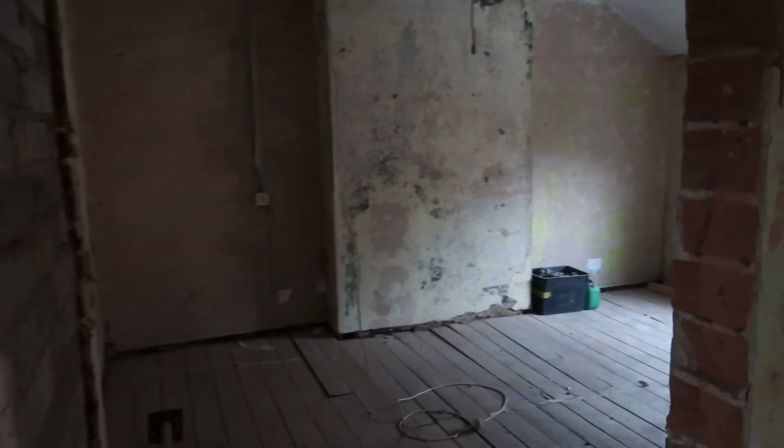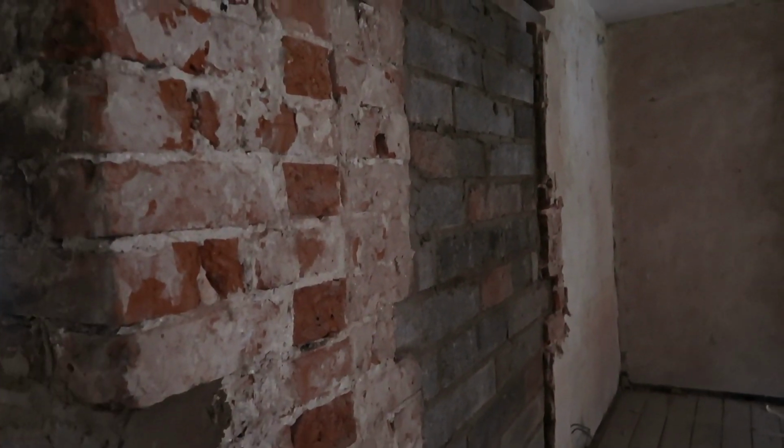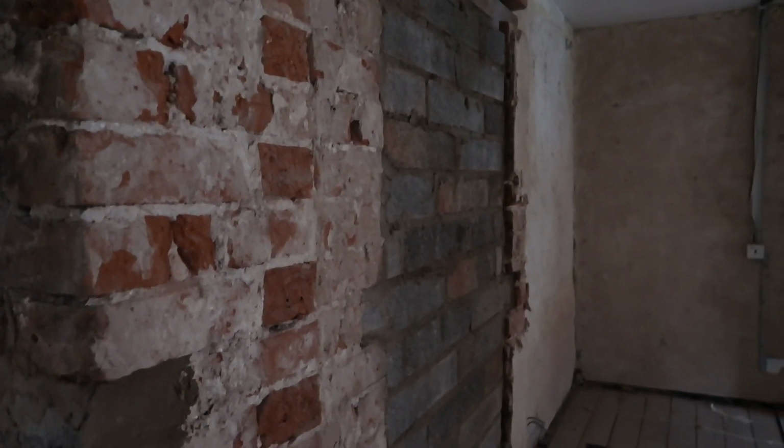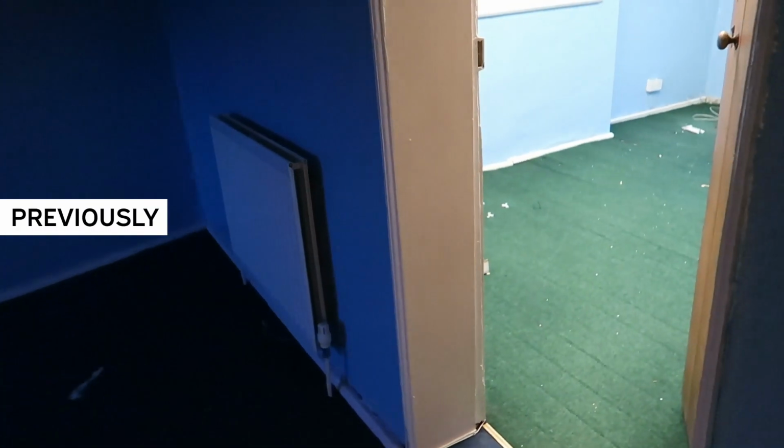Alright. So this bedroom here used to only be able to be accessed through this bedroom, so obviously we've had to block up the opening here. I'll make sure I insert some footage so you can see what it was like before, but we've blocked it all up now. So as you can see at the minute, the 2 office rooms are sort of interconnecting,